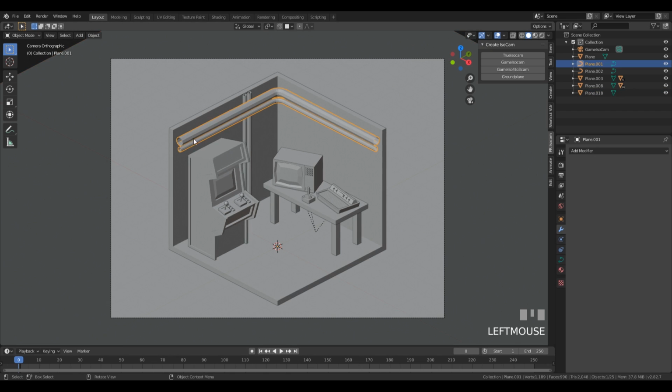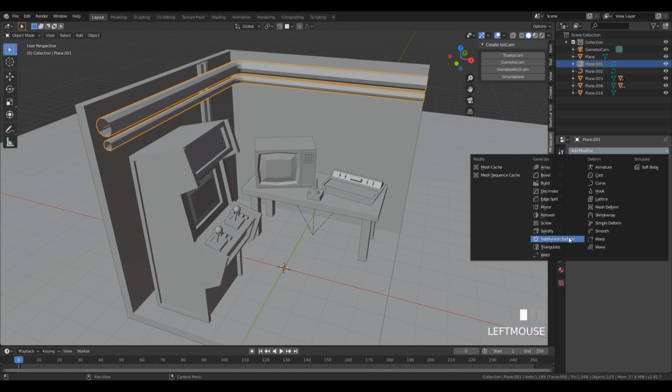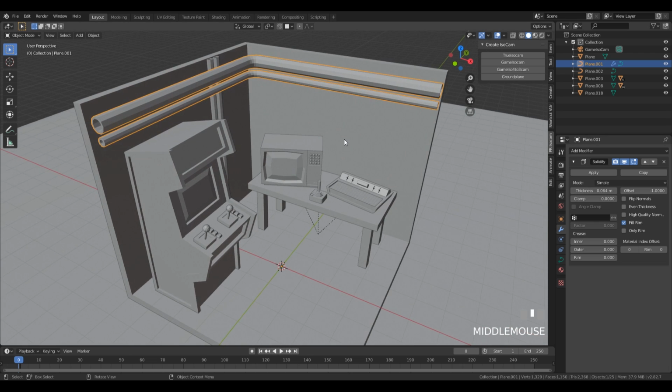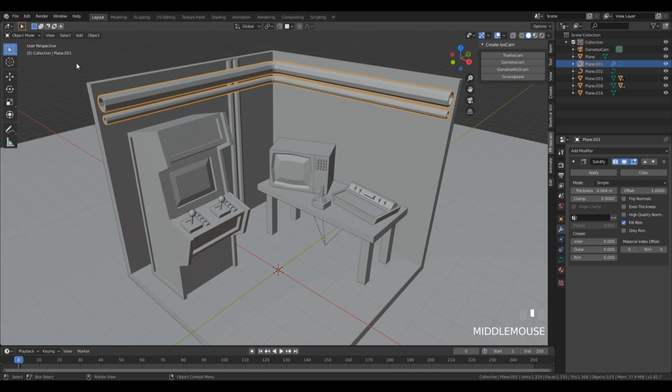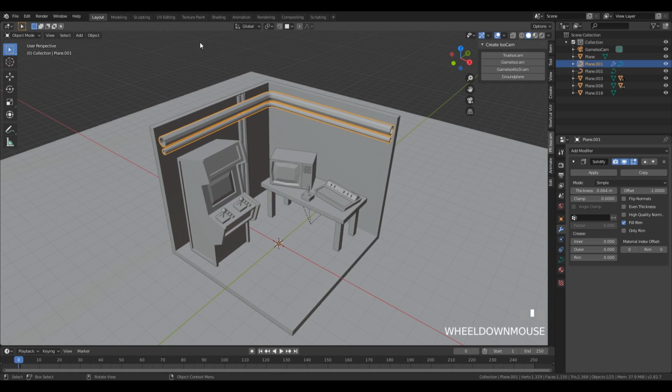Before we proceed, I want to add some volume to those tubes. So let's add a solidify modifier there so they actually have some thickness. And they can be open. I don't see a problem in that, that it's some kind of a cutout of a scene, but let's give it some actual thickness. And right now we can switch to the shading